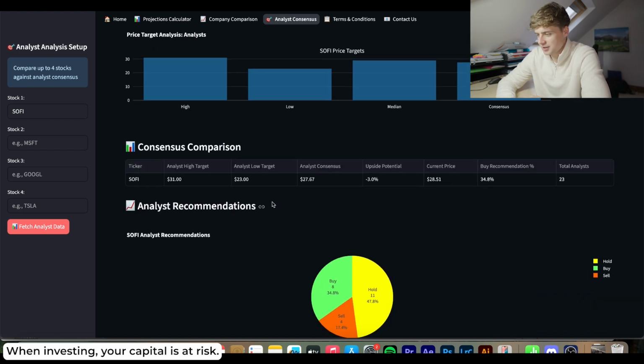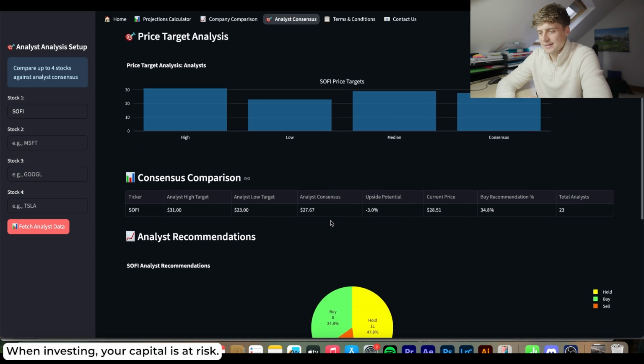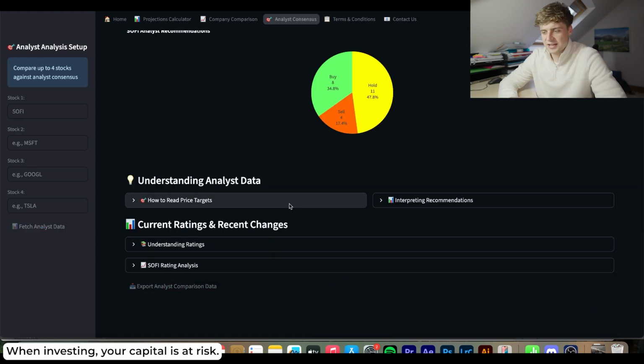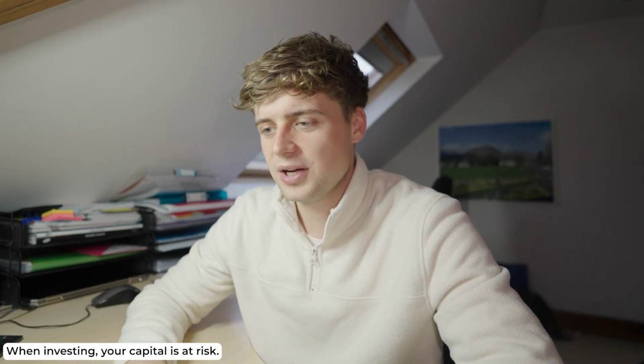It's always going to be a mixed range with analysts. The analyst consensus is $27.67, so that's what the average comes out as, and the highest is 31, the lowest is 23, and again you can understand ratings and all sorts.